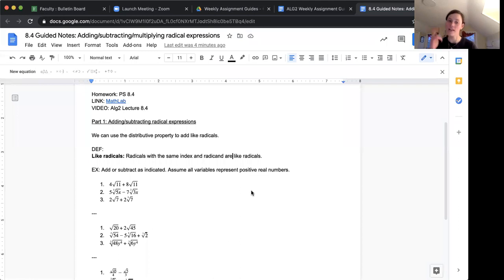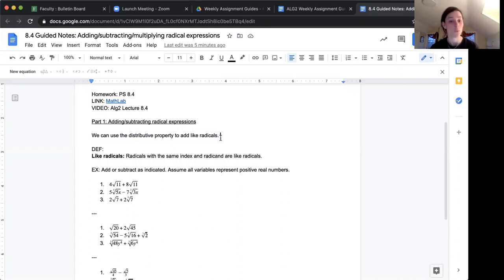Okay, so today we are doing lecture 8.4, and that has to do with multiplying, subtracting, and adding radical expressions. So in order to do that, let's get into adding and subtracting first. And in order to add or subtract radical expressions, we use the distributive property. And that is something that you probably forgot about, but we are going to